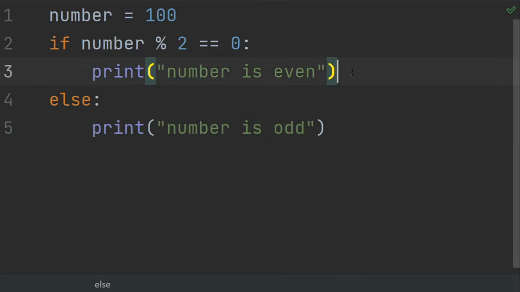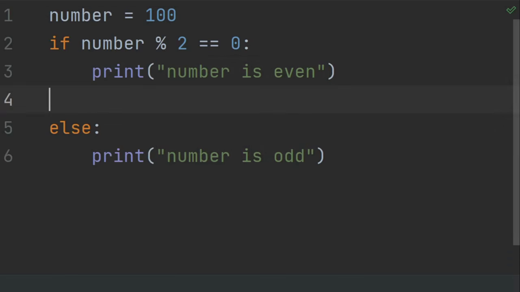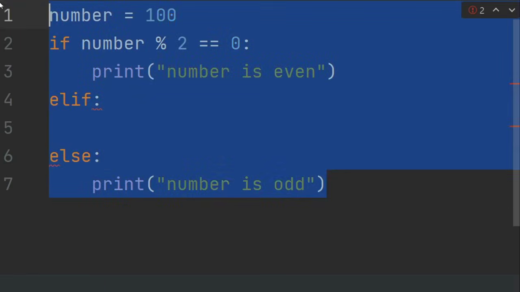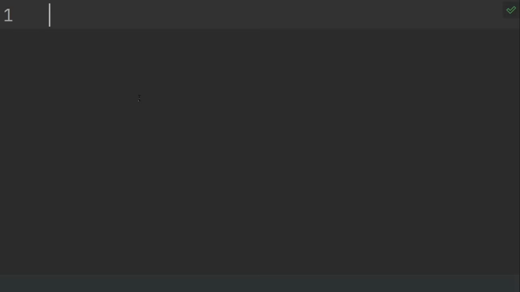For that, we use elif before the else statement. For example, we will implement this elif statement now in our program. We are going to make a basic calculator that will perform the four basic arithmetic operations: addition, subtraction, multiplication and division. For this, first of all, create a variable num1